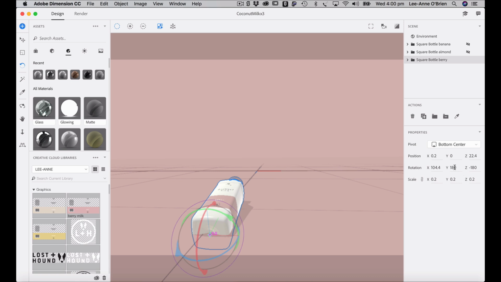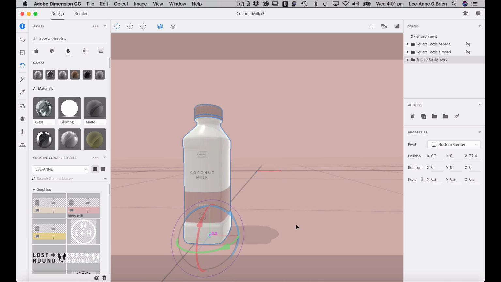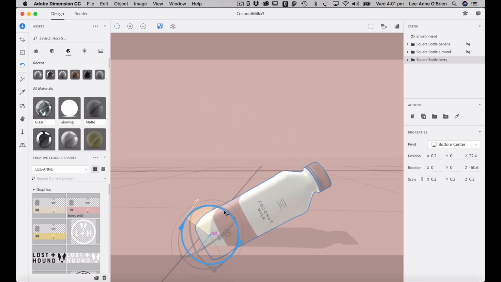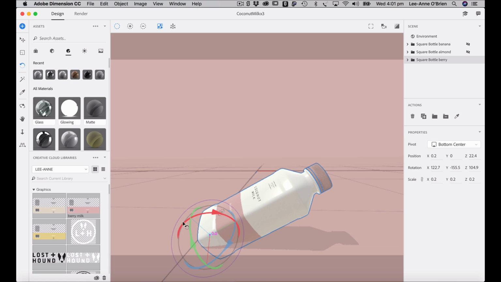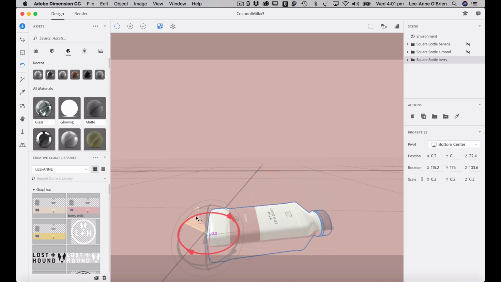So if you ever want to go back to the pack standing upright, you just get your rotation back to 0 on all 3 and it'll be standing upright. So as I manipulate it, I might want to always return to what it was before, so you can see how you can make it sink down. There we go. Then I also want to take the lid off, so you can actually click on that little eye and it'll remove the lid, and then we're going to remove the safety